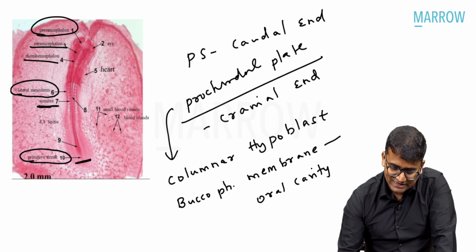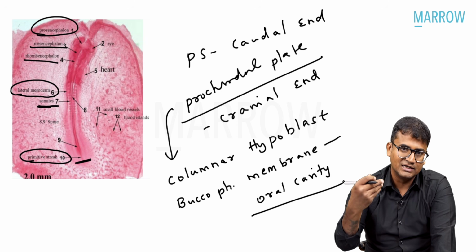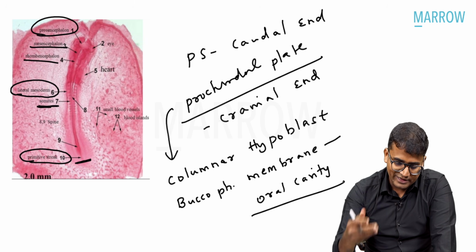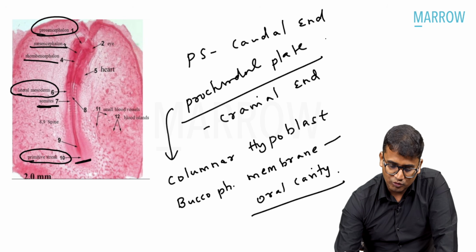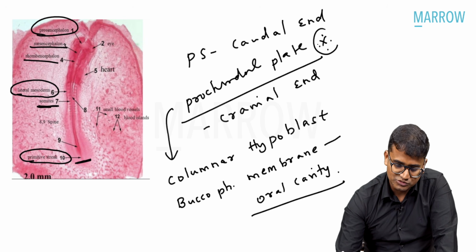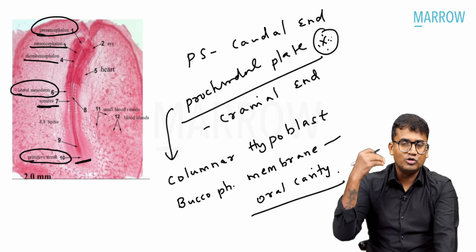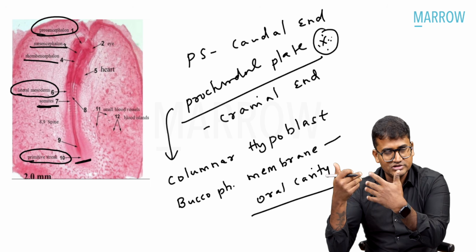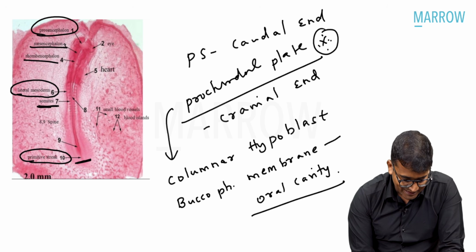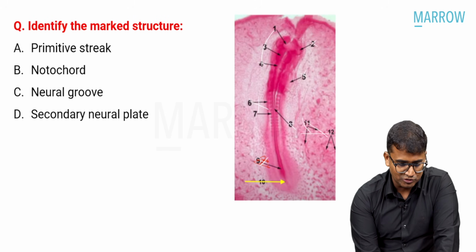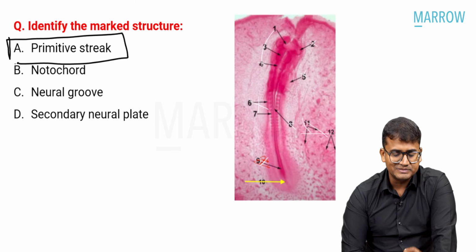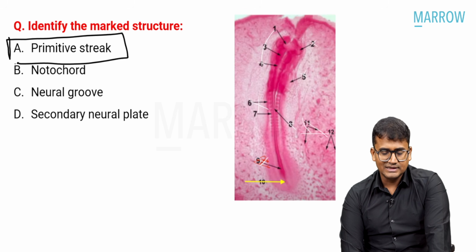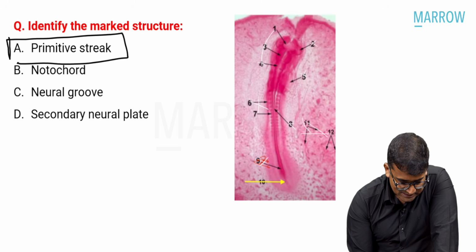So the oral cavity is a structure formed at the head end. The structure where the oral cavity is formed is the future head end. Now who is forming the oral cavity? Yes, your precaudal plate. So precaudal plate at the head end, primitive streak at the tail end. Now the marking is on the tail end of the embryo. So what is the answer for this question? The marked structure is the primitive streak. Yes. Next,